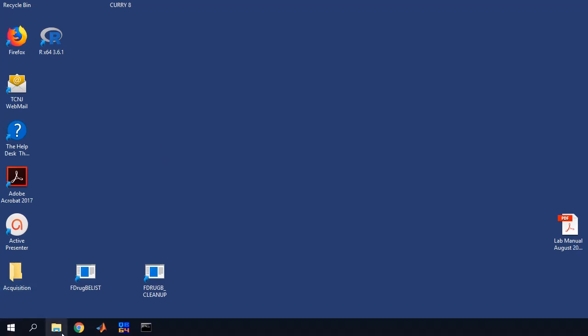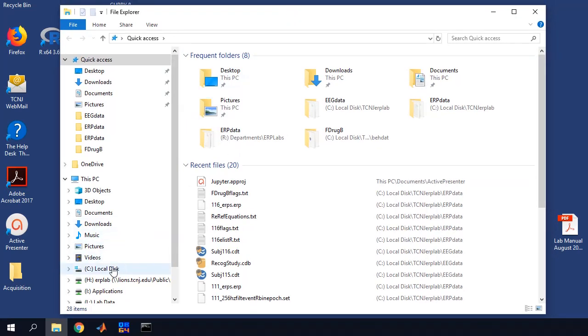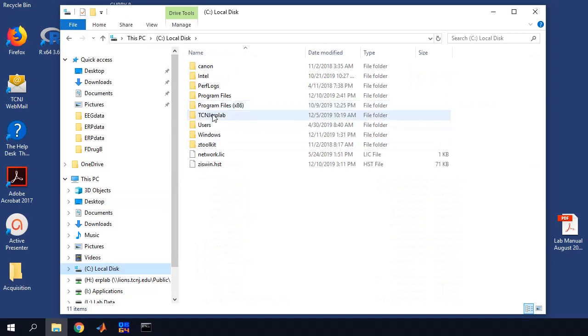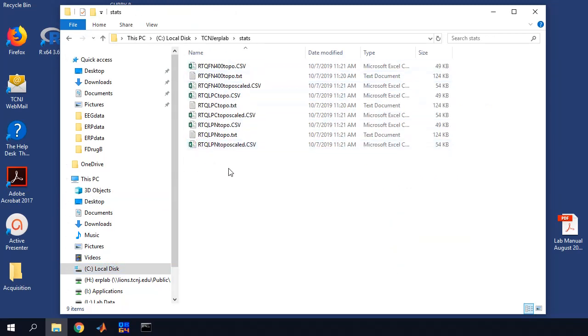But first thing you want to do is create a folder where you want all of your analyses to be housed. I'm going to use TCNJ ERP Lab, and I have a stats folder. So I'm going to dump everything there. You can already see some data is already there, but I'm going to